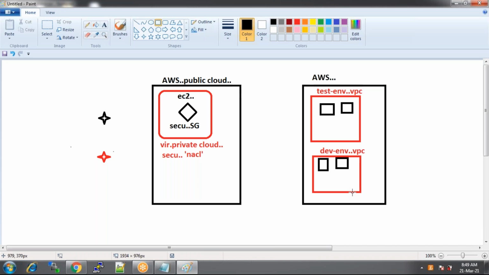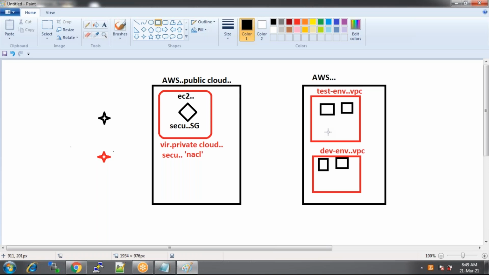So this is the second purpose. Why do we need VPCs? We have seen basically VPCs are to provide more security to the resources. That's the first reason. The second reason is whenever you want to create environments, we can create them with the help of VPCs. Now again, why did we create these environments under VPCs? What is the reason? Yes, we can provide security at the test VPC level and also the dev VPC level, and at the same time at instance level as well.